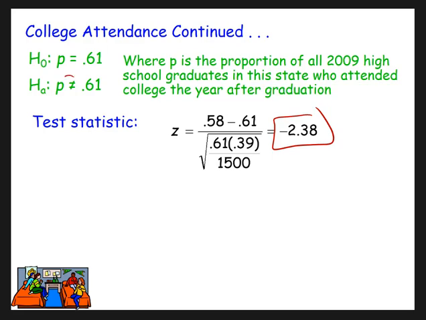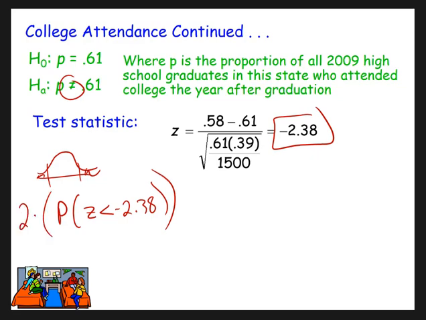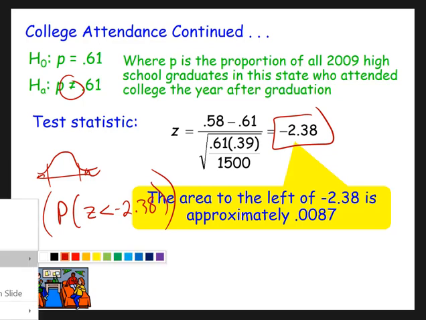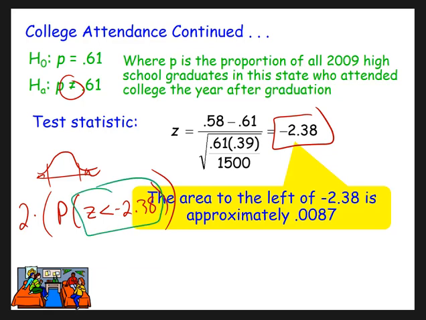Now, this is a two-tailed test, so we've got both tails to find our p-value on. But since the statistic is negative, it's going to be the probability of z being less than negative 2.38. And of course, we're going to multiply that times 2. So the probability of being to the left of that, of being less than negative 2.38, is 0.0087. But because this is a two-tailed test, it's not just less than, it's not equal to. We have to multiply that times 2, which gives us